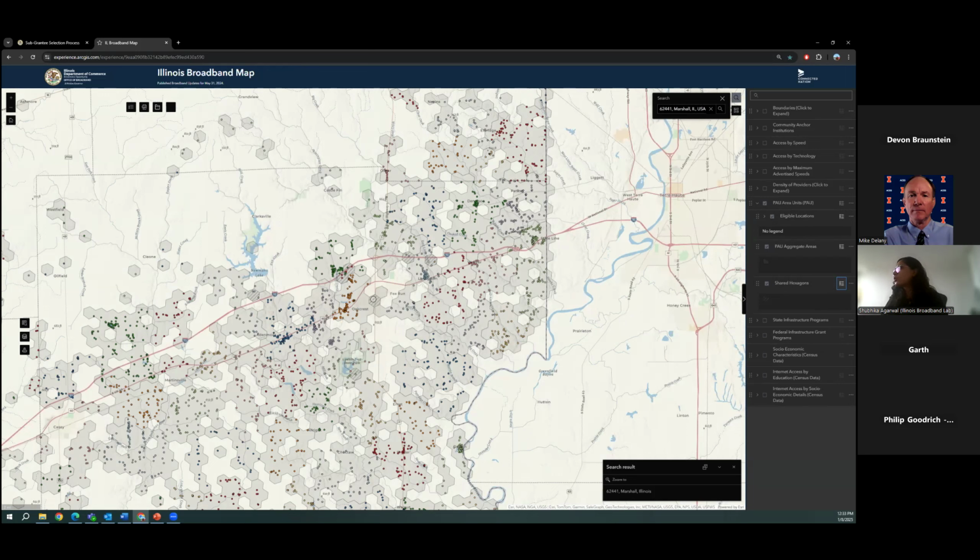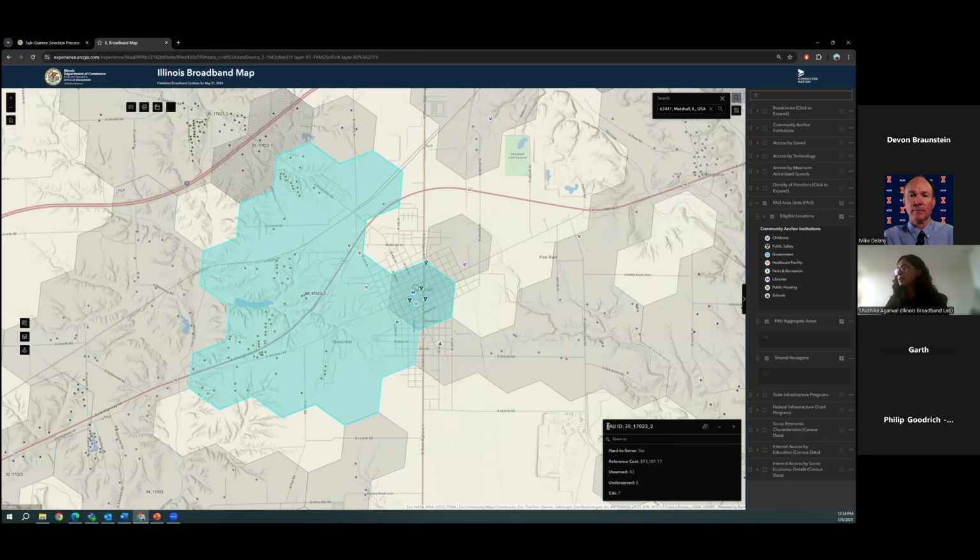of these PAUs. As Devin had mentioned previously and we'd seen in the slides, when you click on one of these polygon areas, which is the PAU aggregate area, you will be able to see the PAU ID, the hard to serve status. So this was a question that came up in the chat as well. This is where you'll be able to see whether or not it has been categorized as hard to serve. So this one is. We have the reference cost. Again, this is the cost for all of the locations within that PAU and not just one location. So this is for the entire PAU. And then we have a division or classification of how many of these locations are unserved, underserved, and how many CAIs